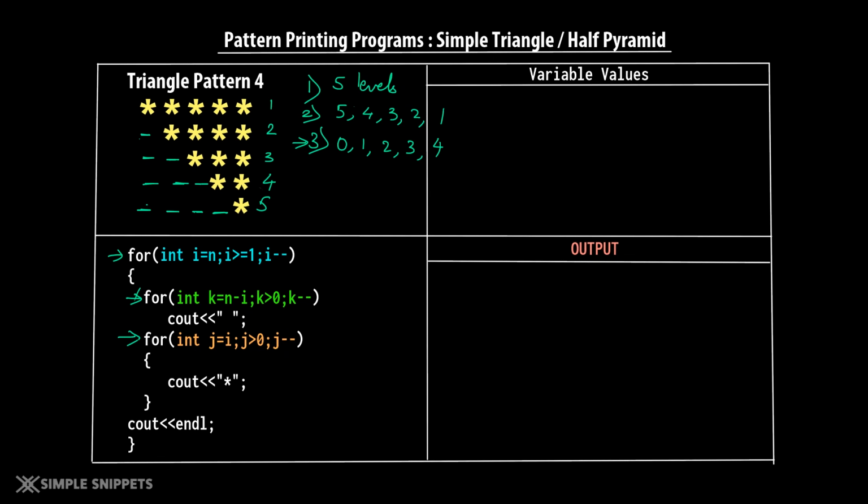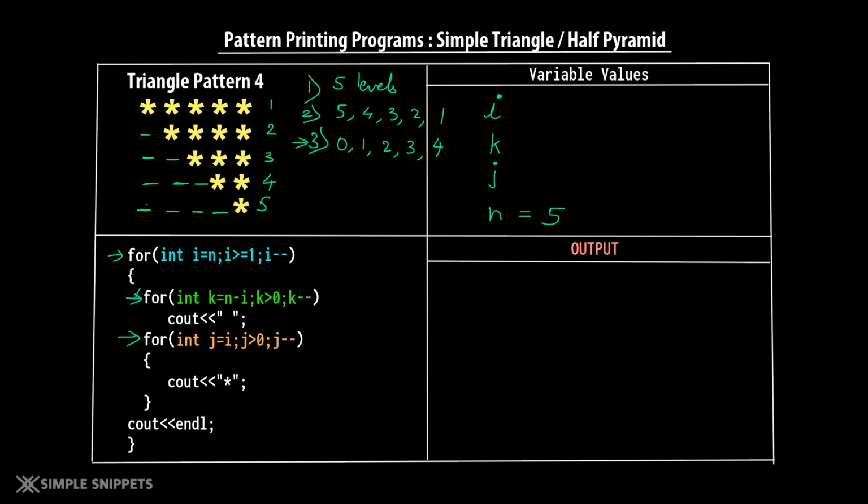It's pretty similar to pattern 3, but here we go in a reverse way. For the outer for loop, we will start from 5 and go till 1 because we want to print 5 stars first, and we will use this i variable. If it's not understandable, let's again dry run this entire for loop code. We'll start with the variable i, then we have k, we also have j, and we have the n value as 5, which is fixed. This n is something you can take from the user, and that many levels will be printed and that many iterations will happen. Here we are assuming it is 5.